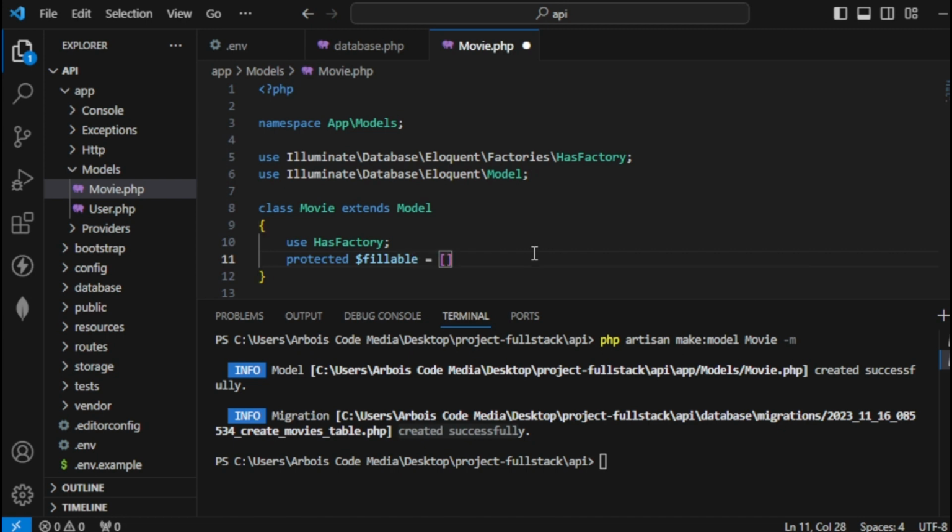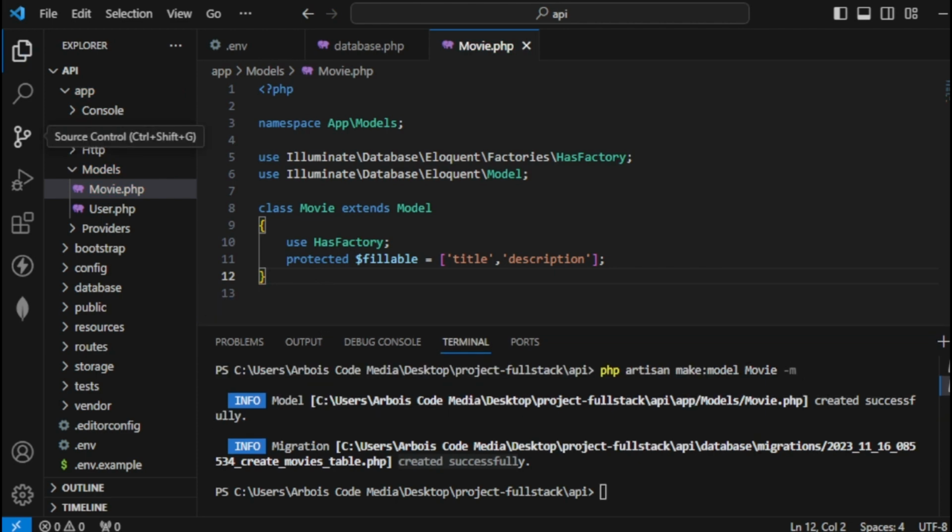So we have two columns only for this demo. If you recall, I always use the title and the description. These are the only two columns that we always use during this entire series. Make sure you emphasize the semicolon, as this will serve as the closing section in PHP. So that's one of it. Now next,